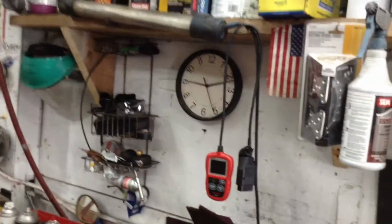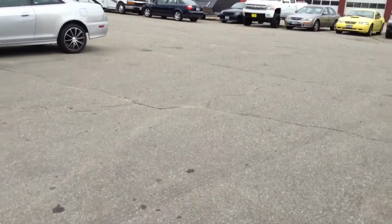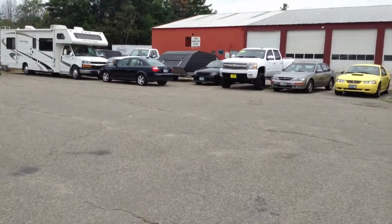What time did we get here? It's about 9:15. That car show's at 3, so I got a little time to burn. That Sonett's not going to take too long to clean up. So we still got this